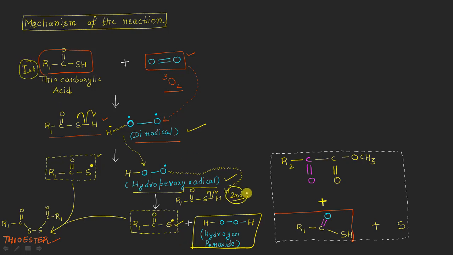And you can see here that from the two molecules of thiocarboxylic acid, this was the first molecule and this was the second molecule here. What we have got is two free radicals. This is free radical number 1 here, and this is free radical number 2 here, right? And moreover, we have got a molecule of hydrogen peroxide, right? So we can call it a side product here.